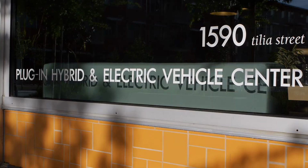A lot of people ask, how many electric vehicle charging stations do you need and where do you need to put them? It's a very common question, but there are actually two different answers based on what you're trying to accomplish. We here at the Plug-in Hybrid and Electric Vehicle Research Center have been looking at this for quite some time. I like to look at this in terms of the tale of two battery electric vehicles, where we have